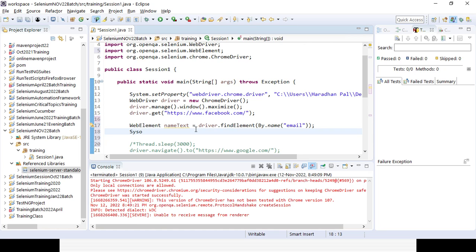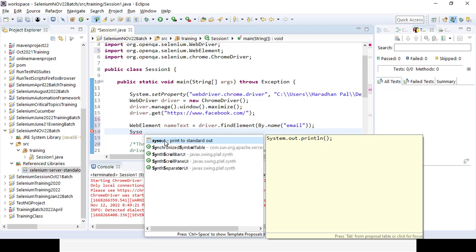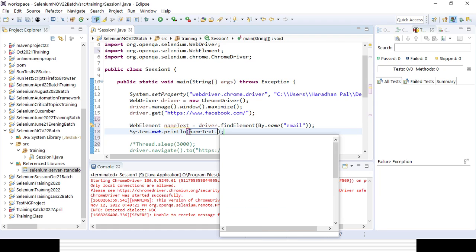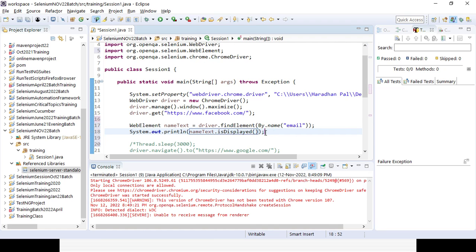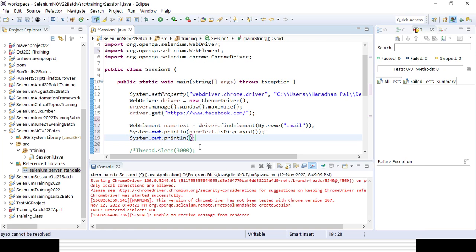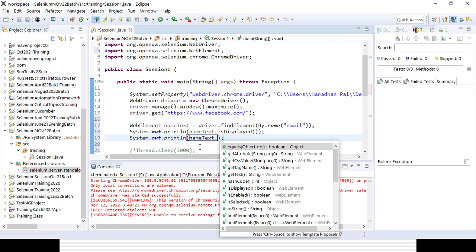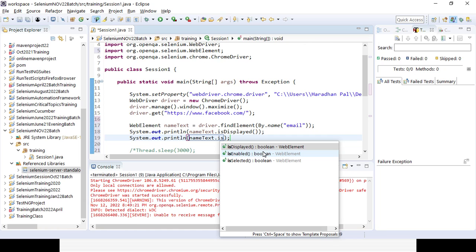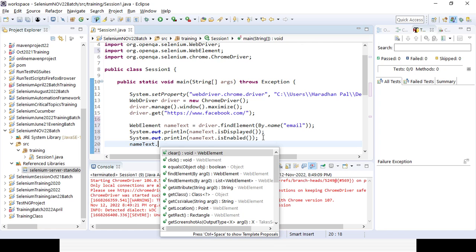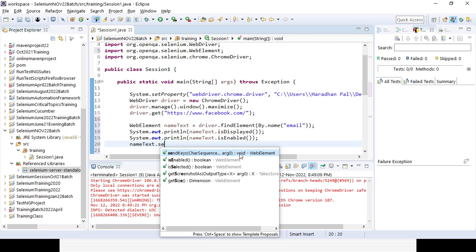So what is the thing? Dot isDisplayed, that is the method I will call, right? It will give me a boolean value, true or false. Once displayed, I will check whether it is enabled or not, meaning I am able to edit the field or it is disabled. Then dot isEnabled, the return type is boolean. Then I will add some value, right? Dot sendKeys method, you can see this is the character sequence you can enter. Void return type, nothing. Suppose say Haradhan, right?